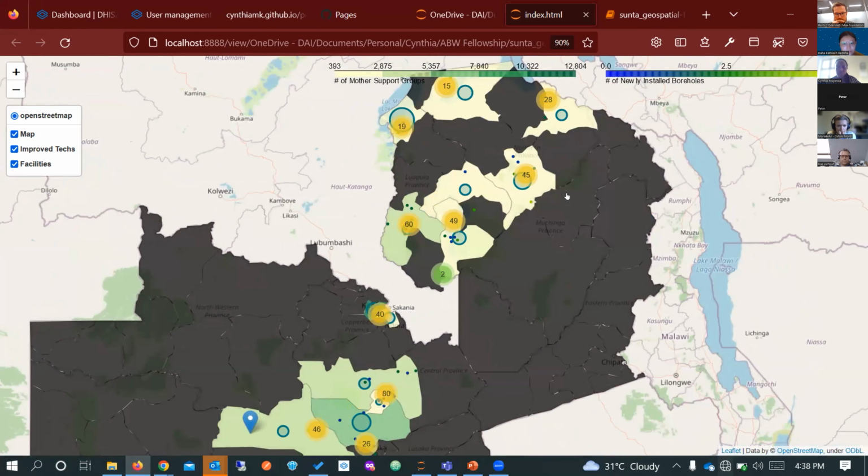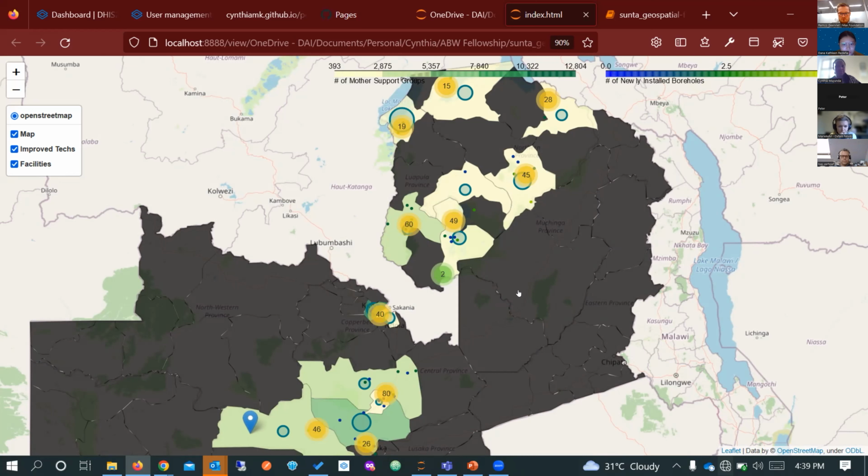And what we're trying to show here is three things. First of all, we're trying to show in which areas we have the most mother support groups. So in our project, the mother support groups are like the point of entry. These are our beneficiaries. Once we identify our mother support groups, because we're trying to reduce stunting in children under the age of 2, we target the mothers. So we want to create as many mother support groups as possible that we'll use to deliver key messages and